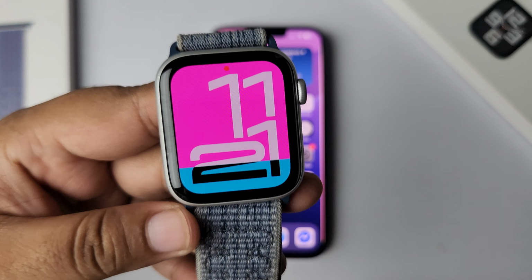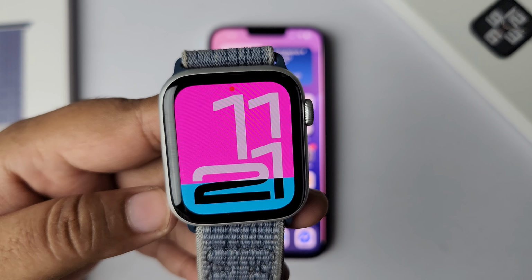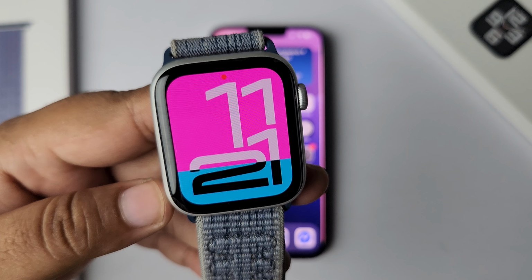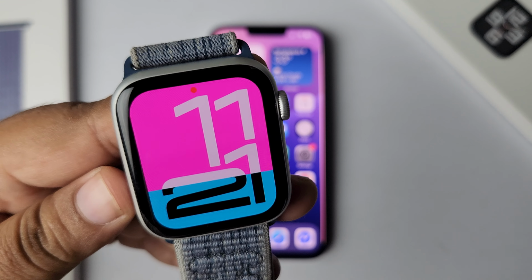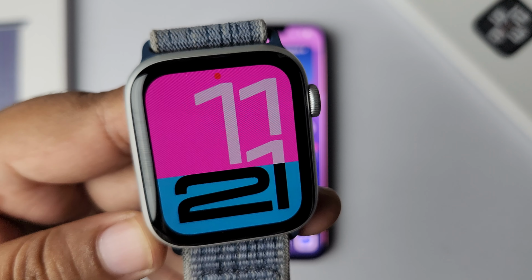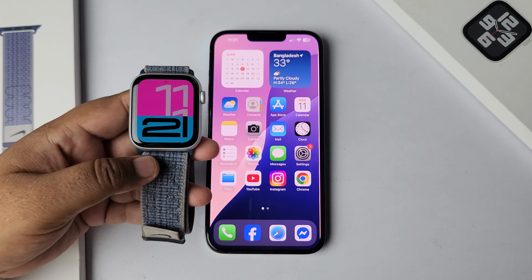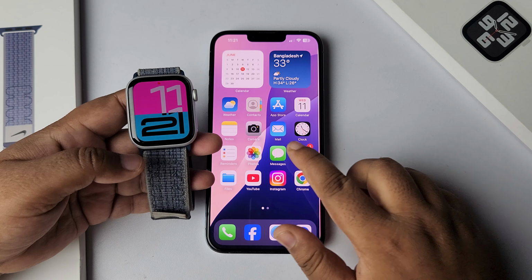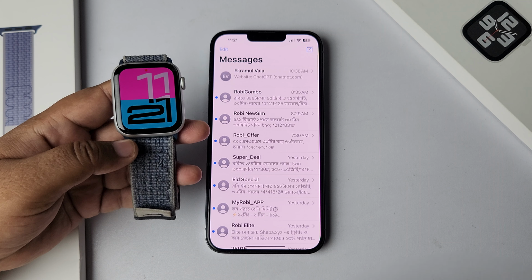In this tutorial, I'm going to show you the exact way to use ChatGPT from our Apple Watch. In the App Store on our Apple Watch, there is no option to install ChatGPT. So to use ChatGPT, go to your iPhone and open the Message app,